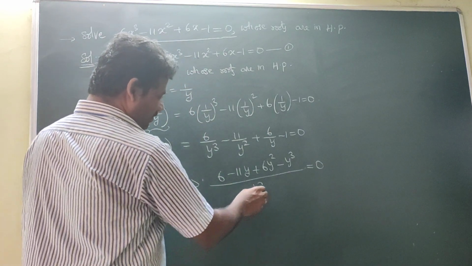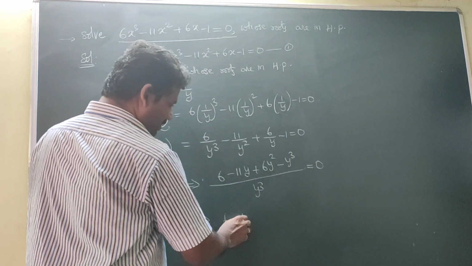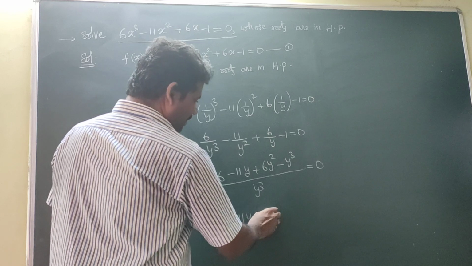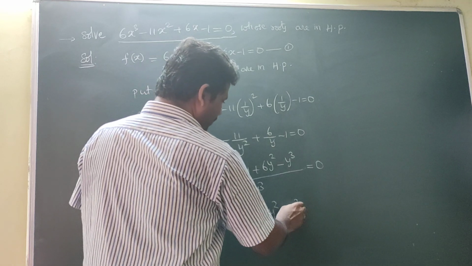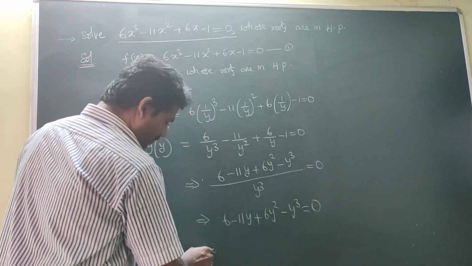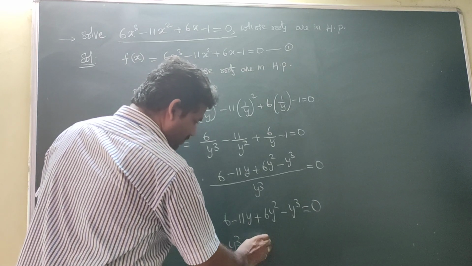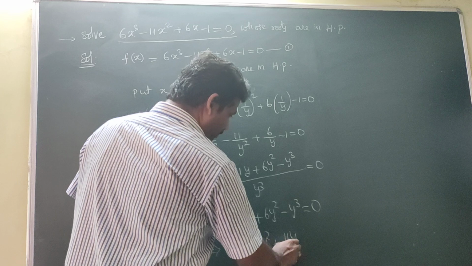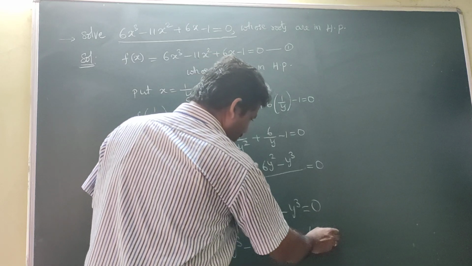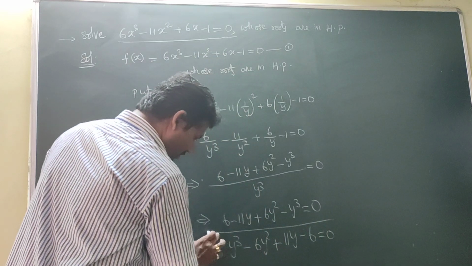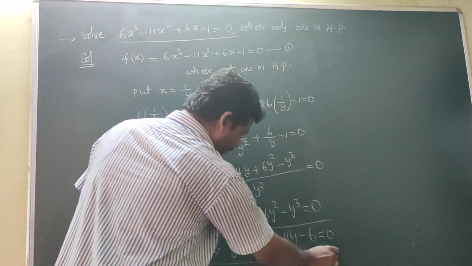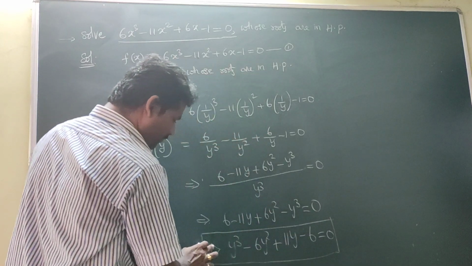That is, cross multiply this one: 6 − 11y + 6y² − y³ = 0. Multiply with minus sign: y³ − 6y² + 11y − 6 = 0. So this is g(y), whose roots are in